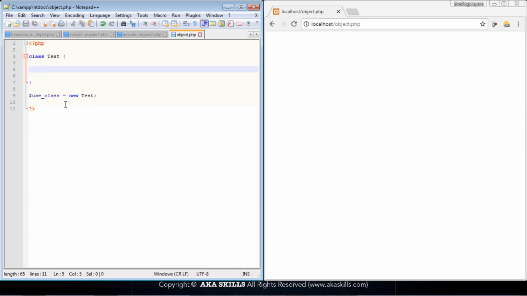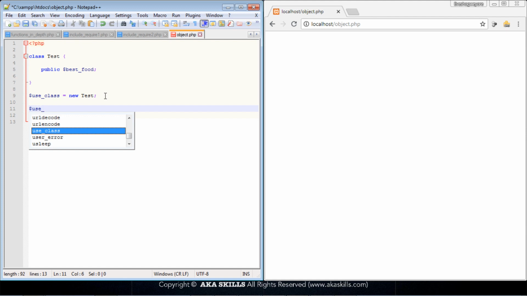And you remember in previous tutorials when we created the class test, and within the class test we created a property, starting with the scope as public, and gave our property a name, best food, after which we instantiated the class with the use class object, and then we said we wanted to assign our property a value, and what we did was type the object name pointing to the name of the property,